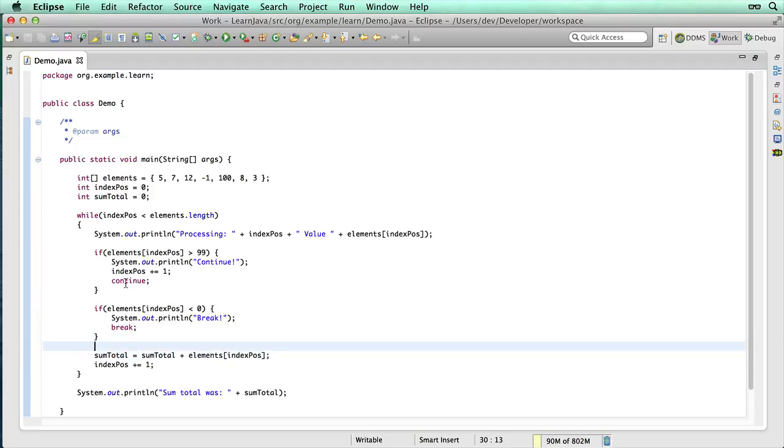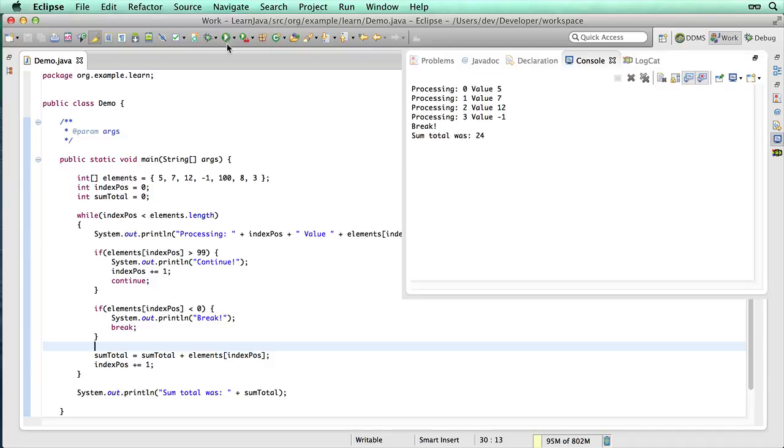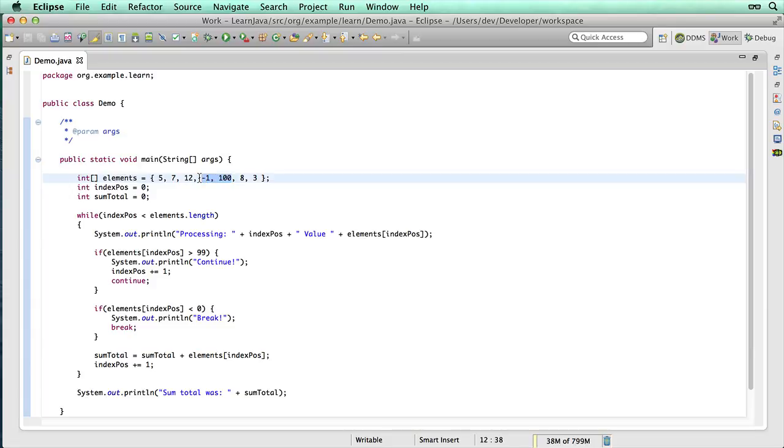Okay, so now we're going to be checking for the continue first, and only if that isn't the case do we then go back through and check for break. So I'll run that now. Now again, why hasn't that worked? Well, that's because we've got these elements here in the wrong order. Because we put the -1 before the 100, we've prioritized that and processed that first. So in other words, it's reached the -1 before it ever got to the 100. So if I change the order of that, and put the 100 before the -1, and now if we run that again,